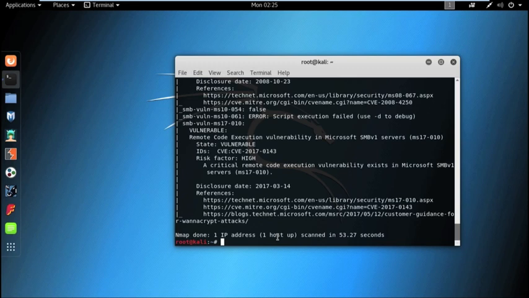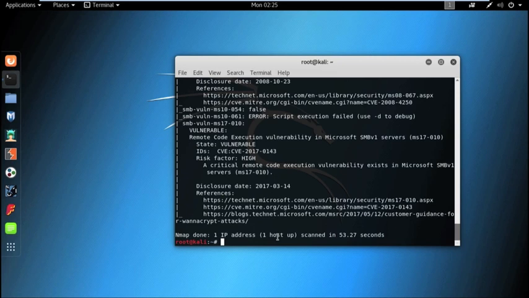Auxiliary. Auxiliary modules are present in Metasploit and are used to perform scanning, sniffing and fuzzing. Auxiliary modules are not useful to give you a shell, that means access to the victim machine, but they are extremely useful for brute force attacks or for scanning vulnerabilities.